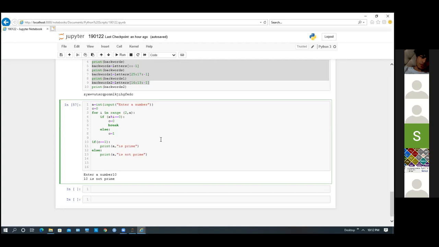Equal to 0 and else c equal to 1. Can you explain it again? Which one? Tell me.